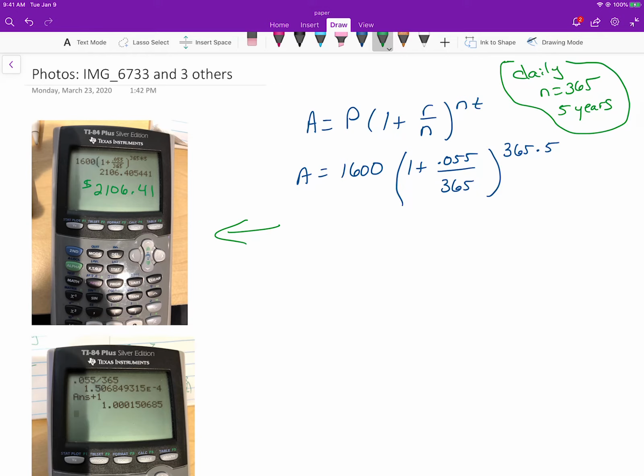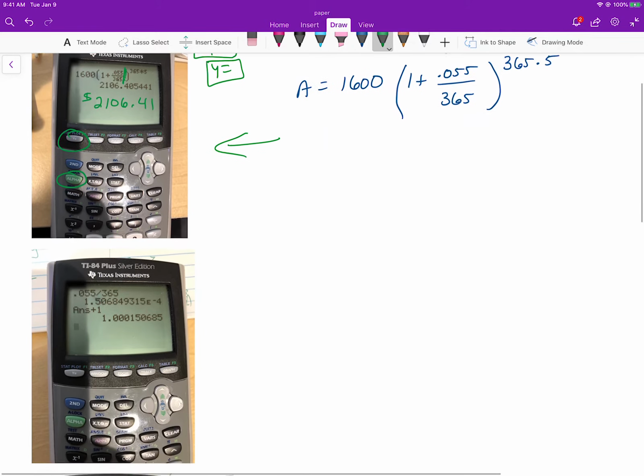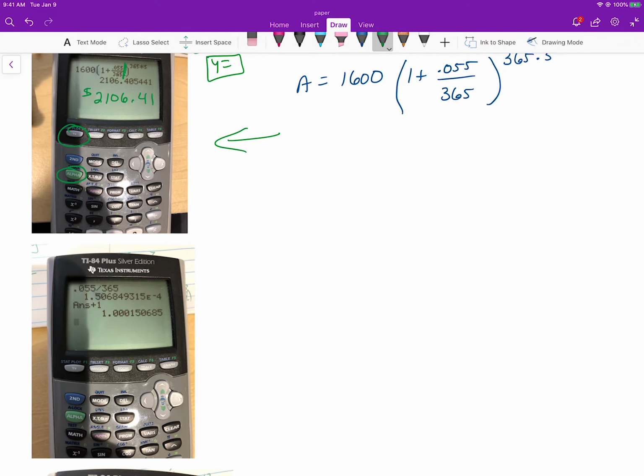And the way I'm getting that button on the calculator to look like a fraction, mine does it. Some do, some don't. It would be alpha, y equals, just the y equals button and the alpha button. So that would be right here and here. And some calculators have this fraction button that pops up. If it doesn't, it's absolutely fine, because then I did it a different way and it's just solving with order